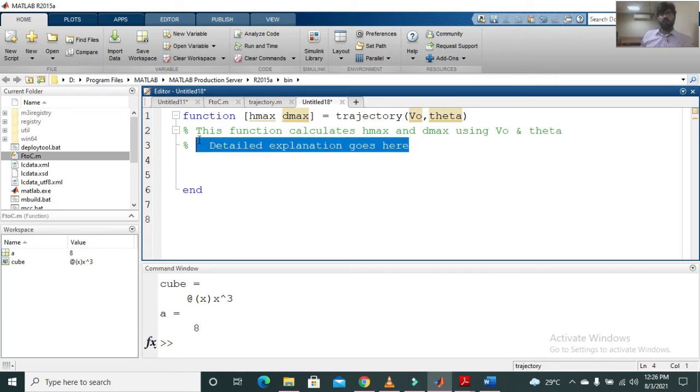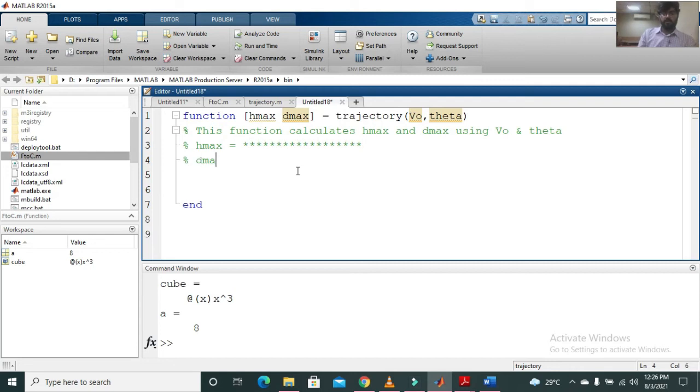And here you can define whatever you want to define. This will calculate, let's say, h max is equal to whatever you want to write.